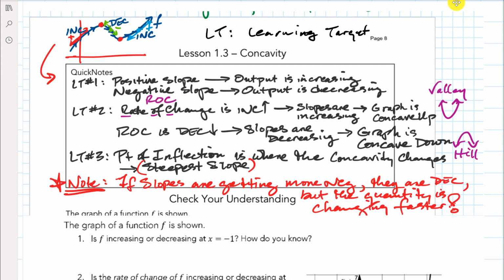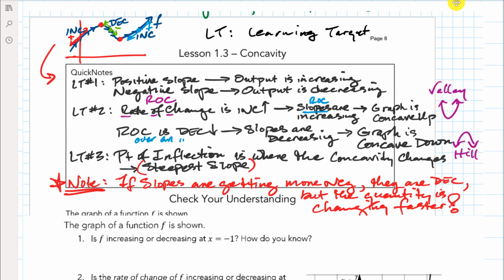I've talked about this extensively, but let's formalize it. So rate of change. If the rate of change over an interval is increasing, that means the slopes are increasing. That's what it means. So rate of change is slope. You've got to connect those two concepts in your mind. Rate of change and slope, synonymous there. If the rate of change is increasing over an interval, the graph is concave up, so it looks kind of like a valley. If the rate of change, ROC is rate of change, is decreasing over an interval,